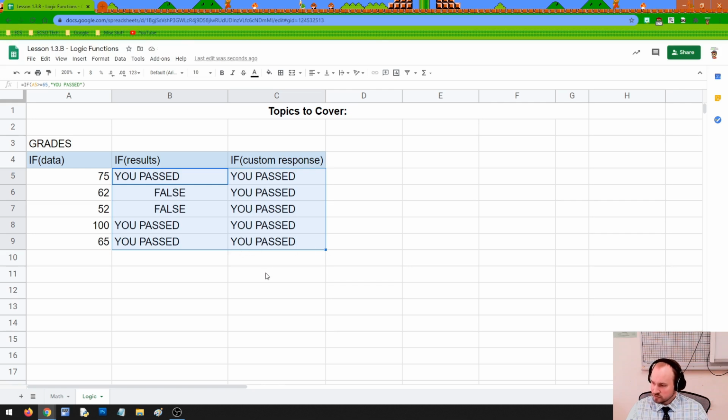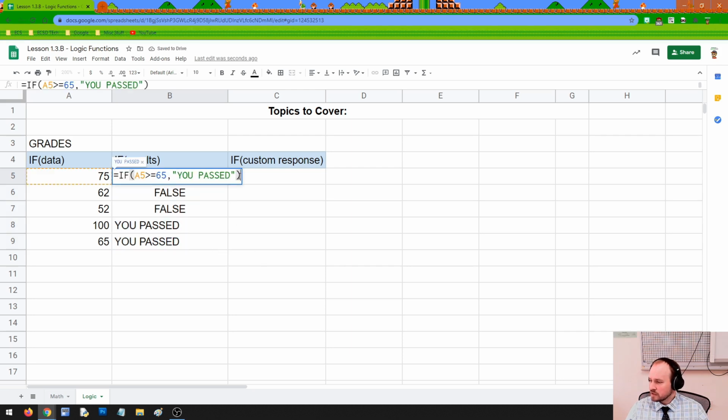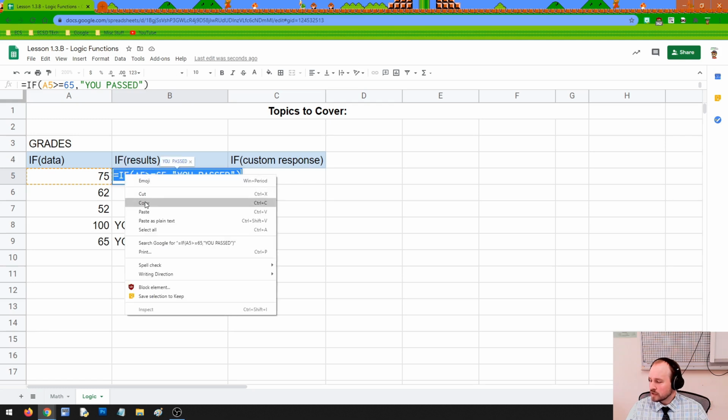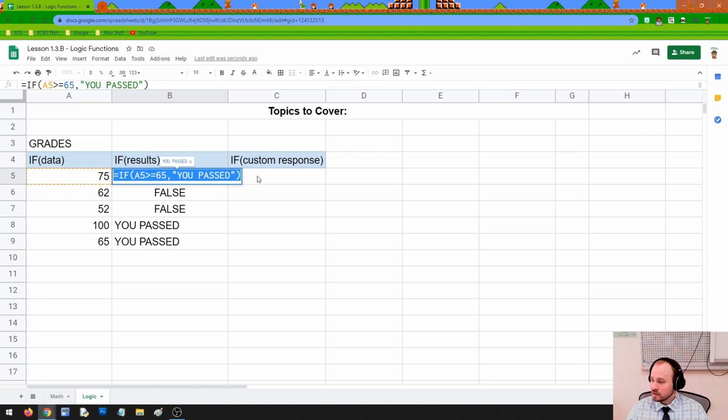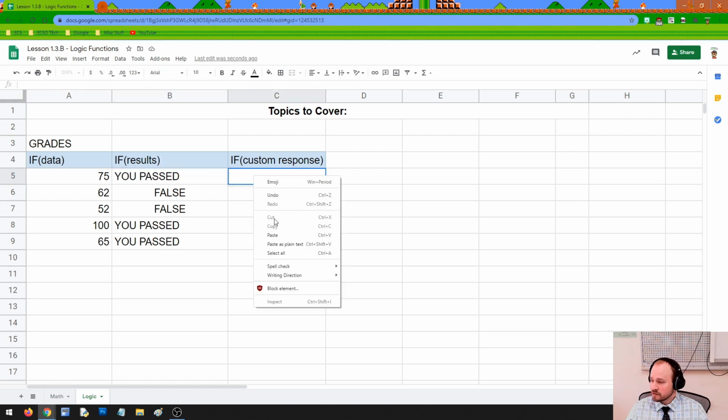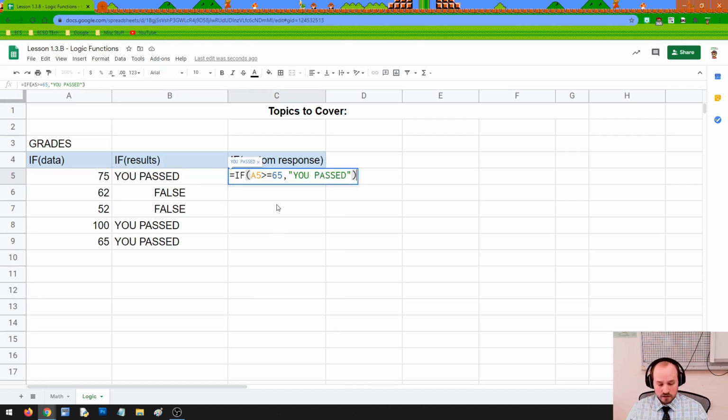I'm going to Control Z to undo that. I am going to double click into here, and I'm going to just copy this whole formula. Right click, copy it, so I want the whole thing, and then I'm going to go into here and paste it. All right, let's just press enter to make sure it works. It does, it looks like it, so I'm going to drag this down,